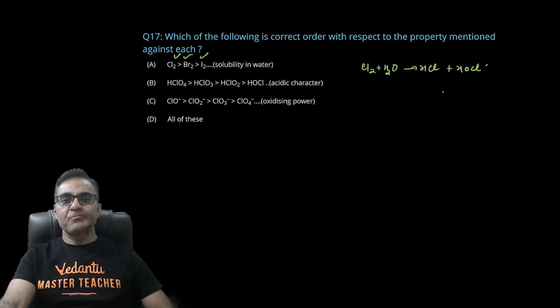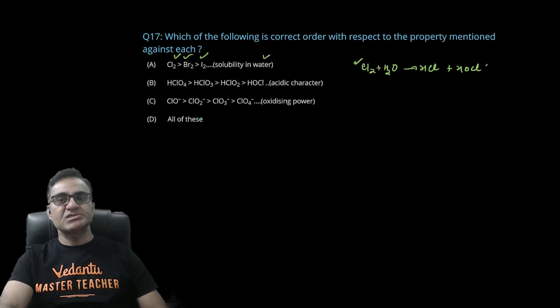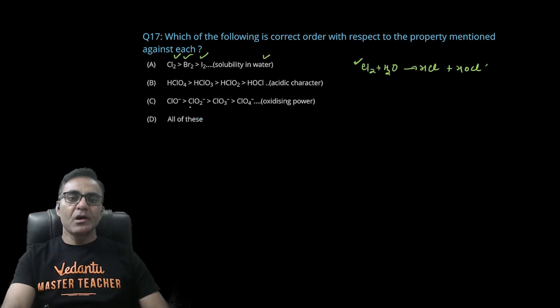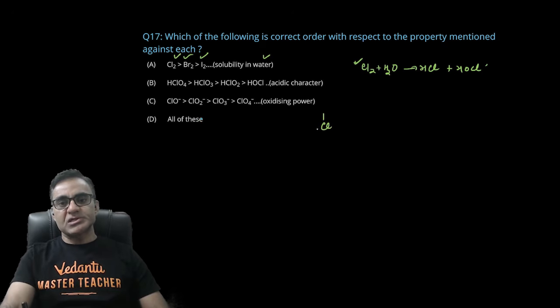प्लस HOCl बनेगा। तो बिकॉज ऑफ हैविंग स्मॉलर साइज, क्लोरीन वाटर इंटरेक्शन इज मोर, आई मीन स्ट्रॉन्गर एज कंपेयर टू ब्रोमीन एंड आयोडीन। सो क्लोरीन इज मोर सॉल्युबल इन वाटर एज कंपेयर टू ब्रोमीन एंड आयोडीन। तो वाटर सॉल्युबिलिटी पानी में घटती है क्लोरीन से लेकर आयोडीन तक। अगर हम बात करें एसिडिक कैरेक्टर ऑफ ऑक्सी एसिड ऑफ हैलोजन, लाइक HOCl, आई मीन HClO4 का स्ट्रक्चर देखो ऐसा होता है, एक प्रोटॉन निकाल दोगे तो ऐसा एनायन बनेगा।